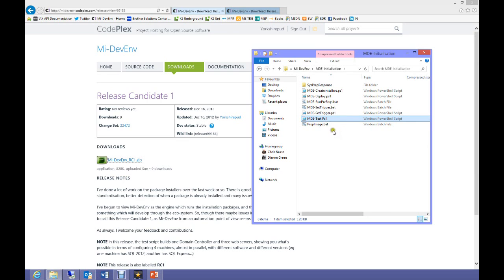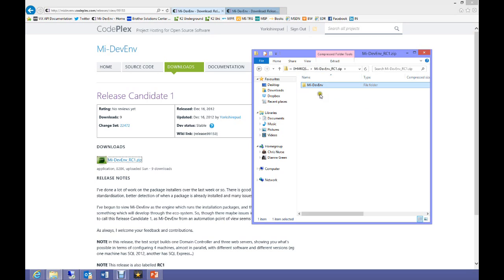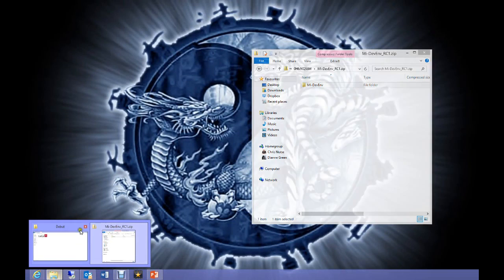This is also where I've stored the test script which I mentioned earlier. This test script can be a reference source to show you how to write scripts to remove and create virtual machines. So once you've downloaded the file from Codeplex, what you'll need to do is copy the Mi-DevEnv files out into the installation